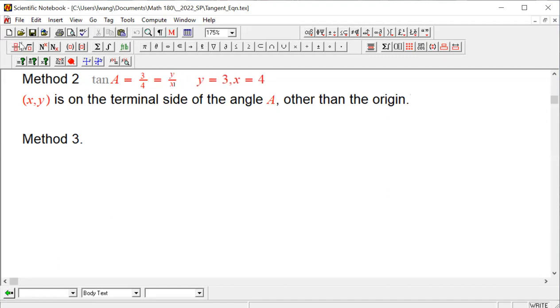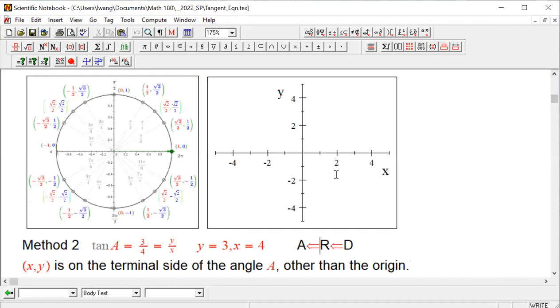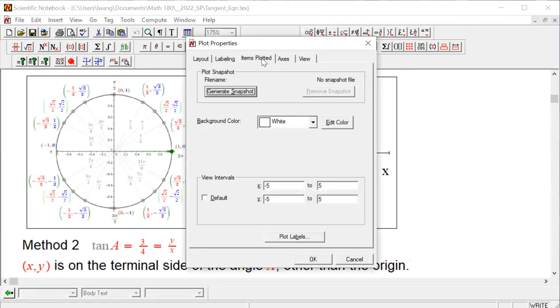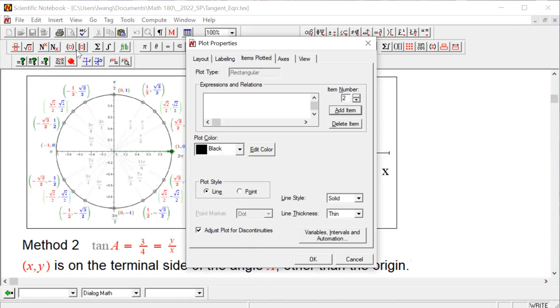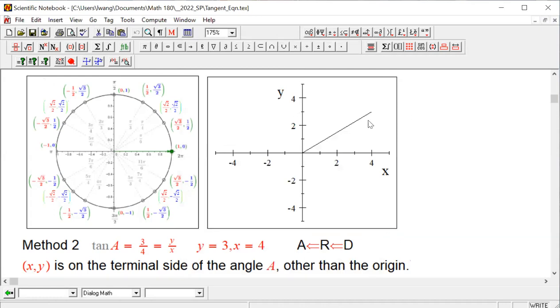You see, from D to A. So we're doing the ARD from D to A. You see how straightforward that is, right? So X is 4, Y is 3. So we can plot those points. We can graph our terminal. X is 4, Y is 3. So that's one terminal, right? And there's another terminal